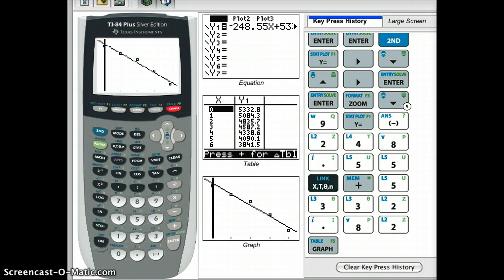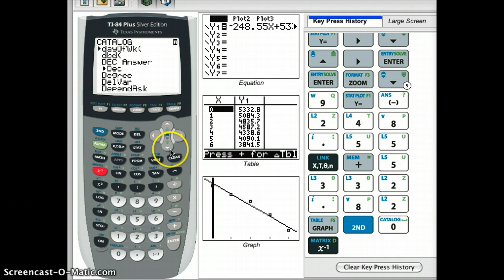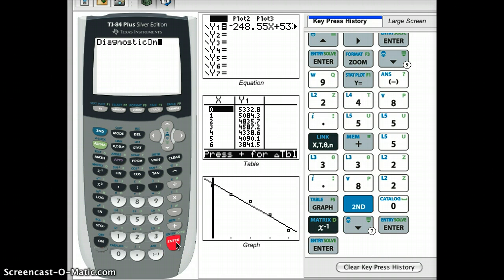So in my graphing calculator again, your catalog, it's found right above 0, so you can hit second 0. And if I want to go to the D's, I can just hit the button that has a D above it, which is x to the negative 1 for me. And then I'm going to scroll down to where it says Diagnostic On, and yours is probably a little quicker than mine, but there's Diagnostic On right there. If you hit enter there, then hopefully it's going to say done, and when you actually